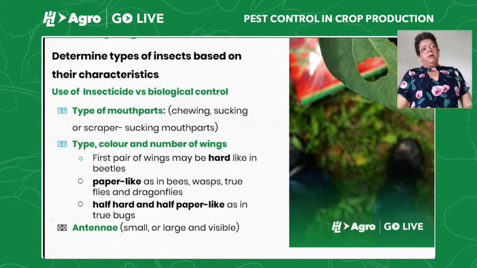The other thing that is useful to identify insects is the antenna. In this case, I'm not going to go into deep details about the type of antenna, but just the fact that the antenna may be very small and inconspicuous, or very large so that you can notice it. Certain orders have certain types of antenna. For example, many flies have very short, very small antenna, whereas wasps or true bugs have big antenna that can be noticed.